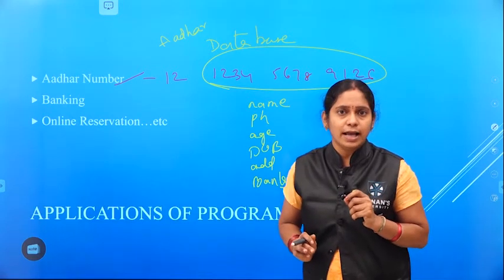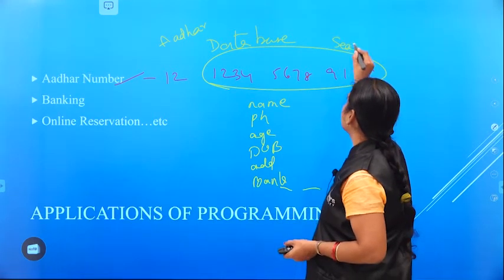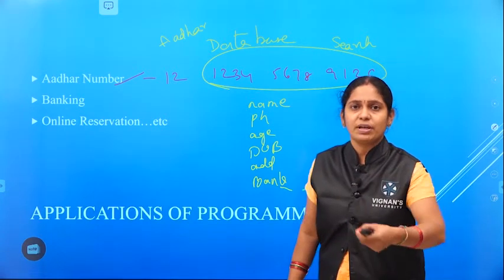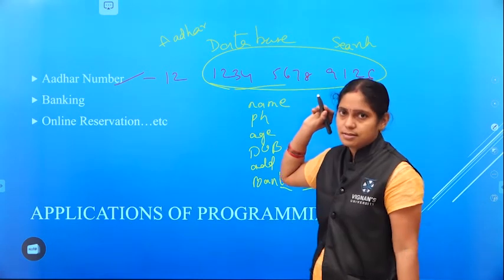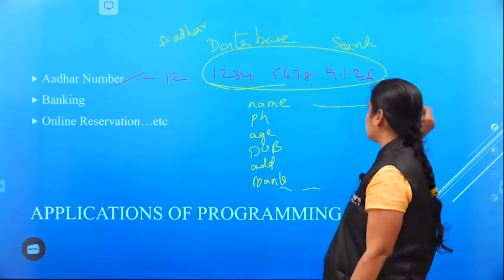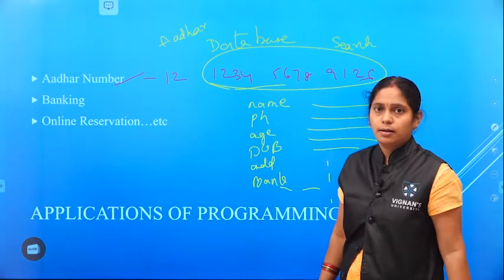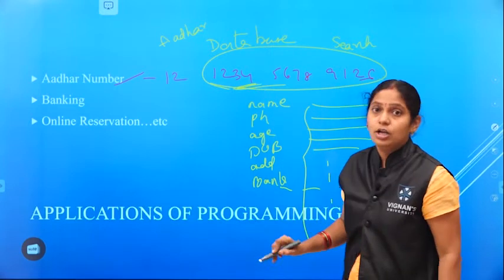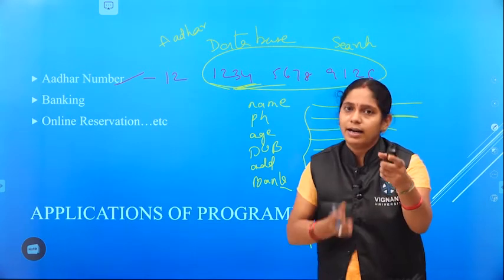So see, searching. What operation are we performing there? Search operation. What are we searching? The details of a specific person. On what basis? Aadhaar basis. So in those crores of data, assume this is the line reserved to store the first candidate's data, second candidate, third, fourth, fifth and so on. In all these, you need this specific candidate's data. So, is it possible to do manually? If you have 100 lines, okay, good.